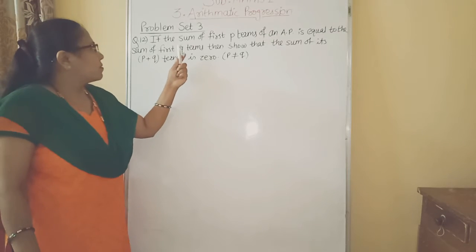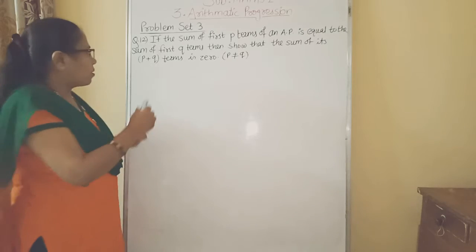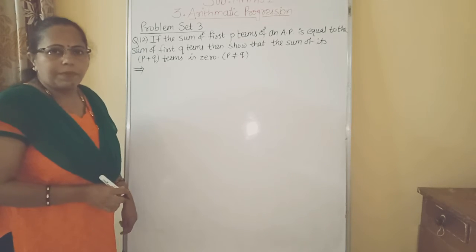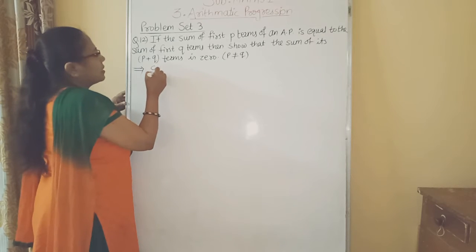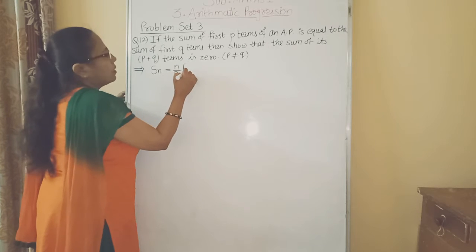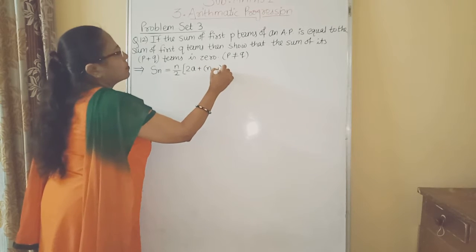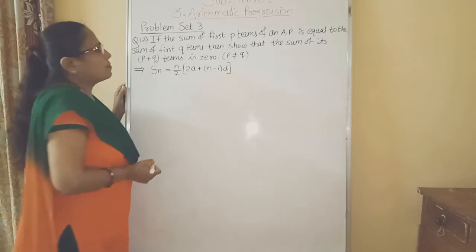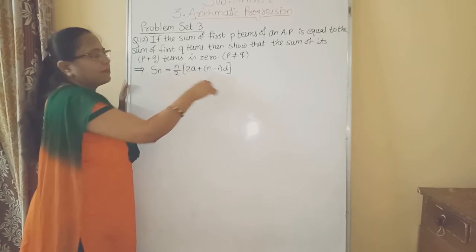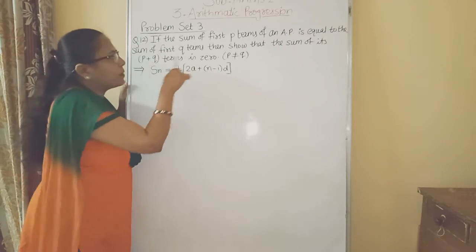Now here the question is related to sum of terms in AP, and we know the formula for sum of n terms in AP. So sum of n terms, Sn, is equal to n upon 2 into bracket 2a plus bracket n minus 1 into d, close the bracket. Okay, sum of n terms we wrote this way. Same formula here we have to use, and using this we have to find the sum of p terms and